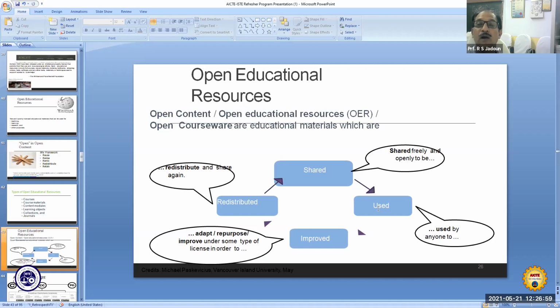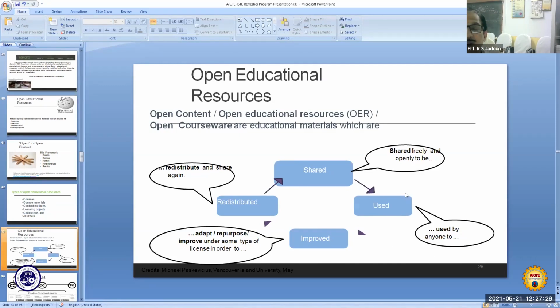Now, one challenge is how to find these resources. You have to first find the resources, and then you can customize that resource as per your need or as per the need of your audience or your learners. So it can be shared freely and openly for being used by anyone.